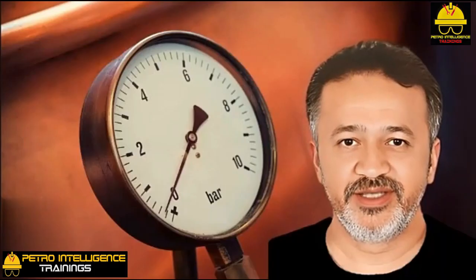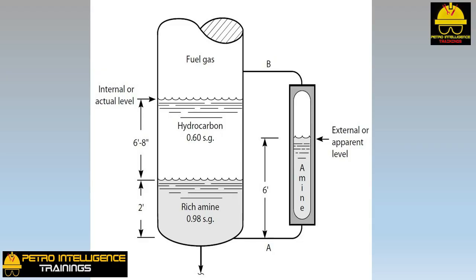Level discrepancies. Let's assume that the gauge glass shown in the picture holds 6 feet of amine. Since the bottom tap is in the amine phase and the top tap is in the gas phase, the liquid hydrocarbon is excluded from the gauge glass. To balance out the weight of the 6 feet of amine, the tower would have to have about 2 feet of amine and 6 feet 8 inches of liquid hydrocarbon. That is, the tower liquid level would be about 8 feet 8 inches, or 2 feet 8 inches higher than